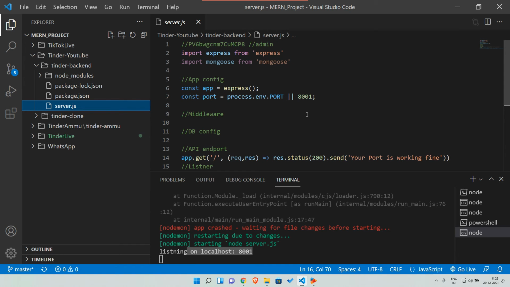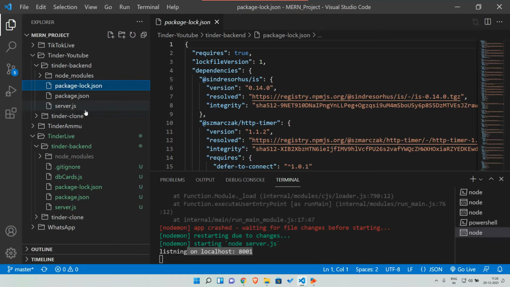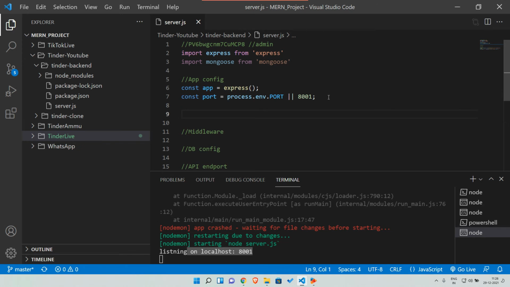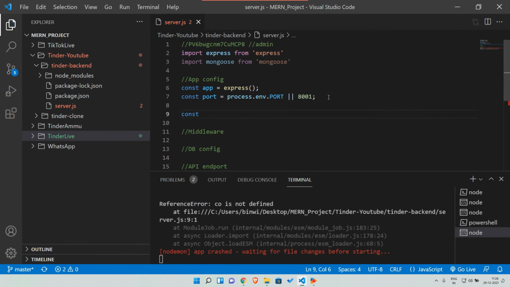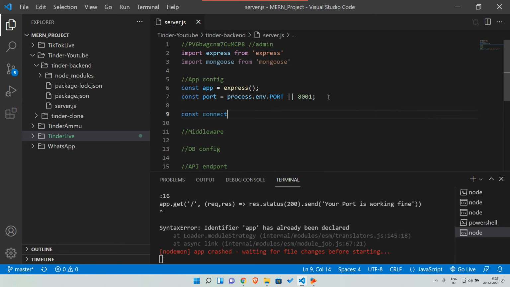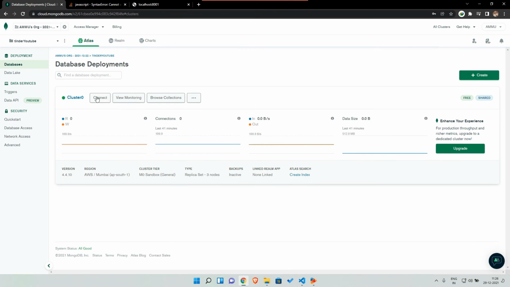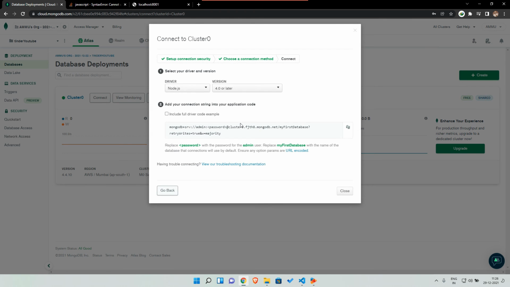Yeah, this one. So we need to add our port to server.js, that is from MongoDB. So in order to do that, in our server.js file, we must add the connection URL that we need to connect from our MongoDB. So we will say connection_url equal to, in double quotes, the connection URL. So we go to our MongoDB and use this connect button and connect your application,